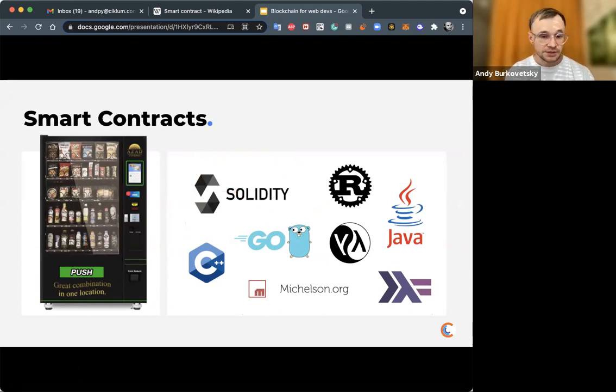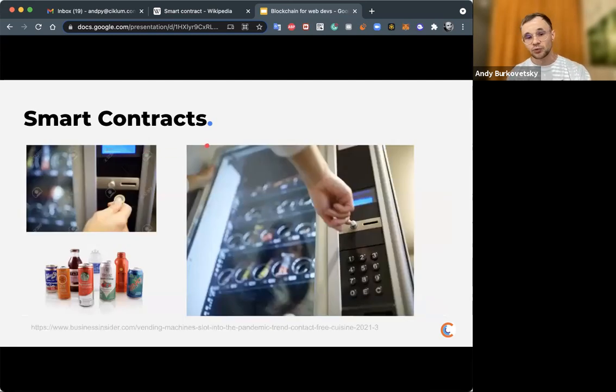So yeah, why is this vending machine here? If you read about smart contracts, these programs running on the blockchain, a lot of people compare them to a vending machine, which gives you some products like drinks, for example. Like you want to have some drink, you push some money, select what program you want, and ask it to start.